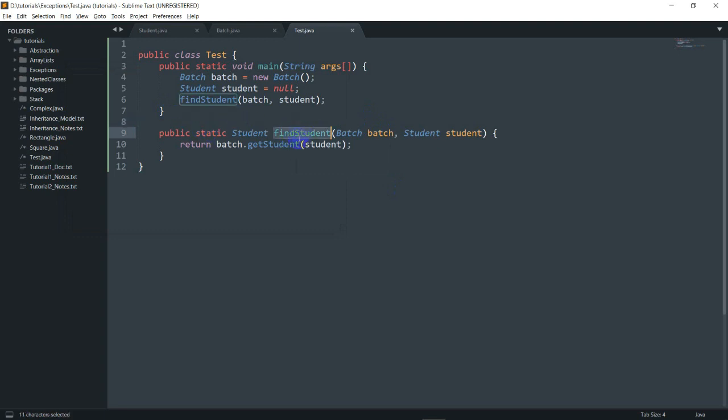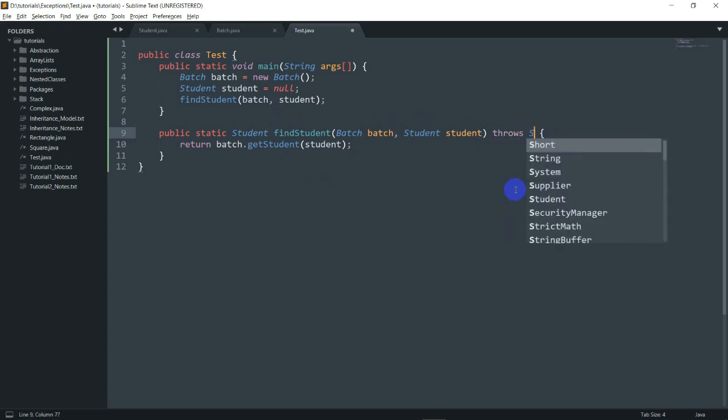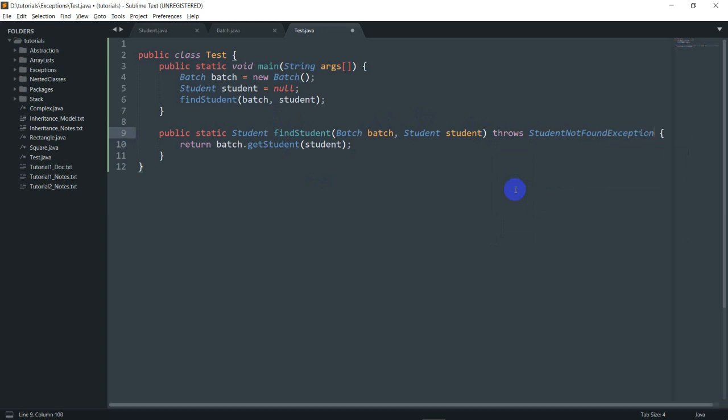So for example, I have this findStudent method. I don't want this to throw a NullPointerException. I want here a throws StudentNotFoundException, and I'll have to actually create this exception. I'll do that soon. And here I just need to do a try,